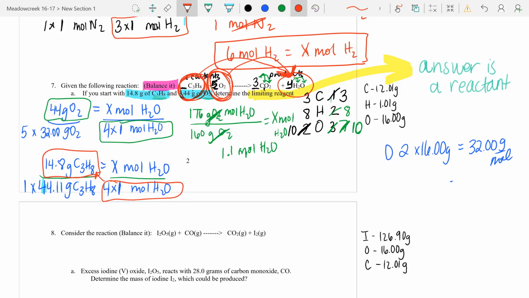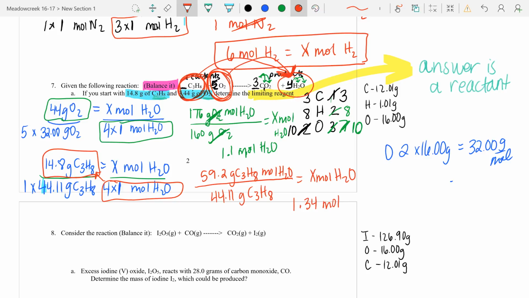So 4 times 14.8 needs to be done in your calculator, and it will give you 59.2 grams of C3H8 moles of H2O over 44.11 grams of C3H8. It's all equal to my X moles of water. Now 59.2 divided by 44.11 is going to give us